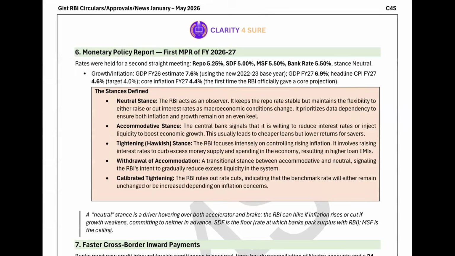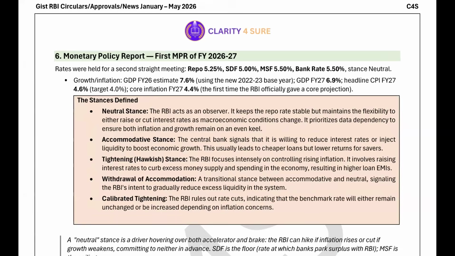And sixth, again, in April month, I will not repeat it again. मैंने monetary policy बहुत डिटेल में समझाया था. Right, देखो. The monetary policy report, the first MPR of financial year 2026-27, still it is same. Repo rate को बोला गया still it is 5.25, SDF 5.0, MSF 5.5, bank rate 5.5, GDP 6.9, ठीक है।